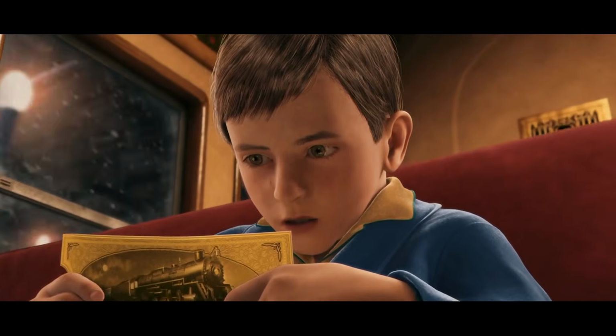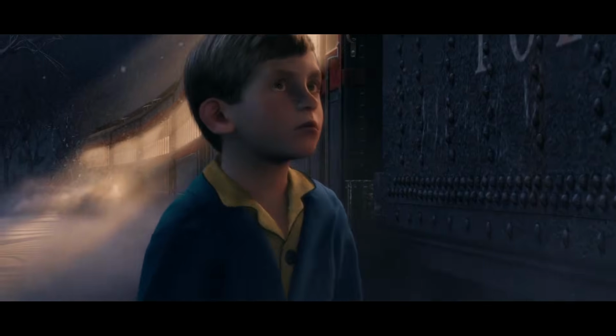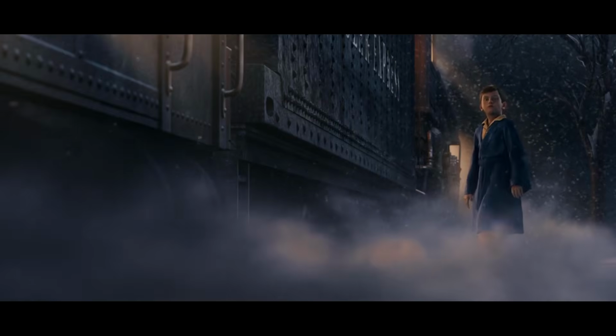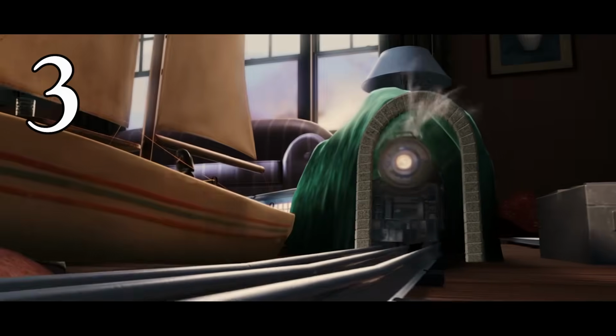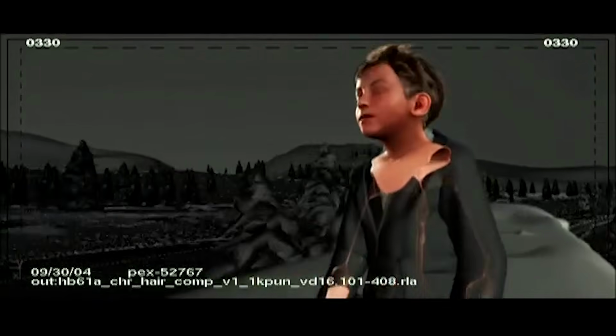A cool Easter egg in the movie is that all the children's tickets have the same number written on them, which stands for 2 things when the zeros are removed. The first is that the number 1225 stands for the Pierre Marquette train model that was chosen for the look of the Polar Express. And the second Easter egg is that the ticket number is a reference to Christmas Day, or 1225. Working with CG animation can create many challenges for the animators in order to make the movie's world